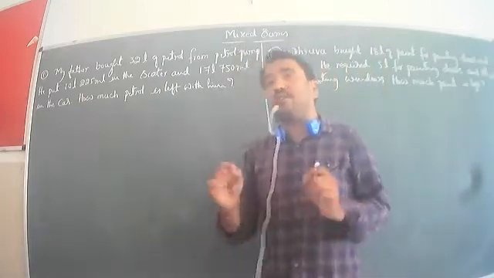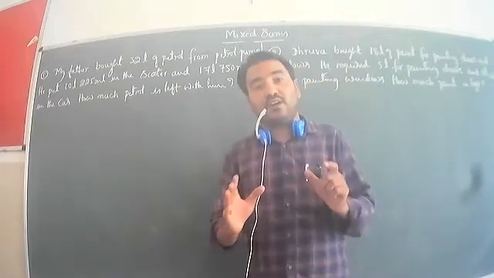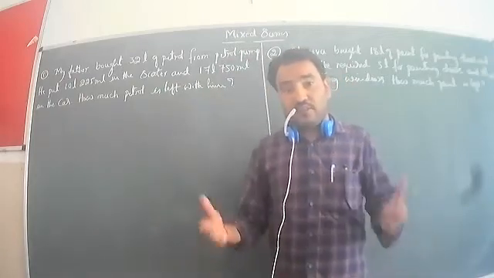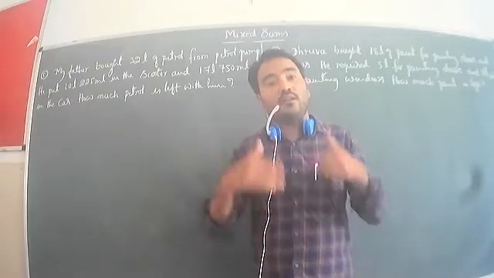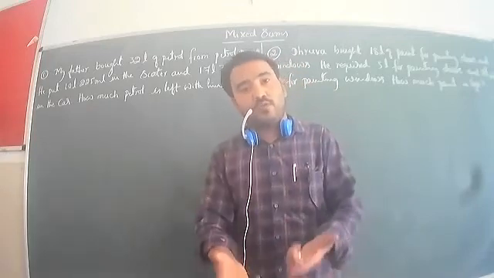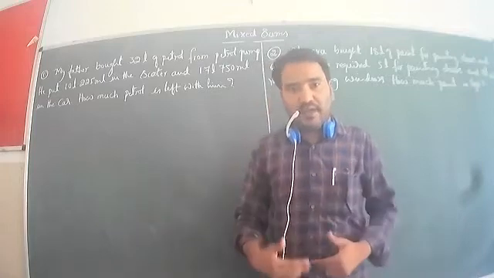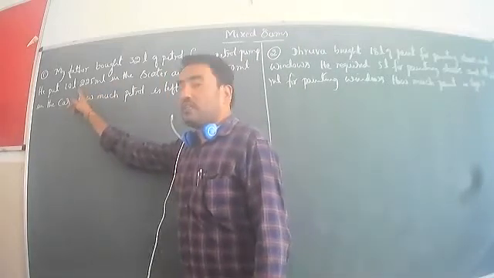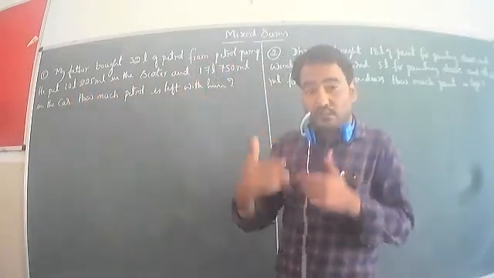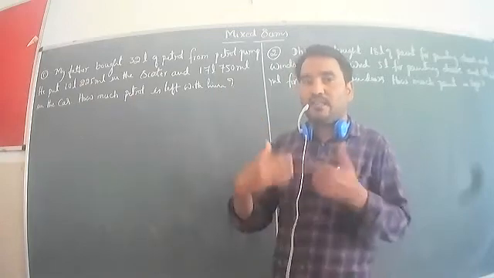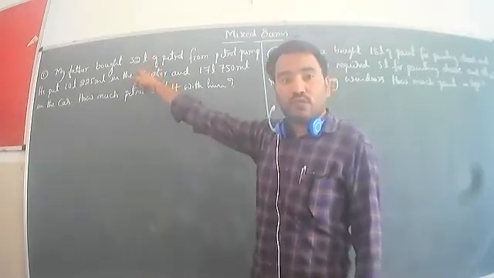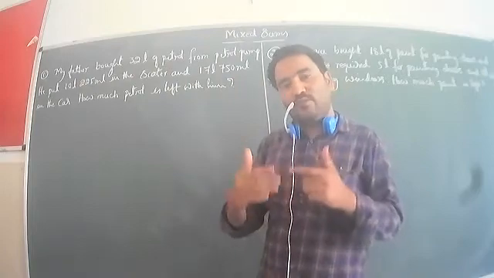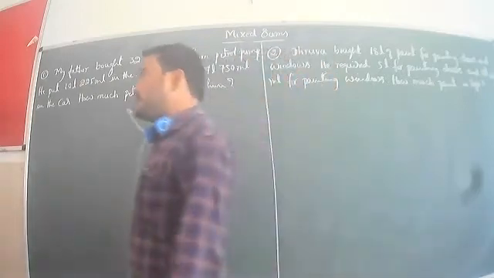But the total capacity of petrol poured into the scooter and car is not given. First we should find out the total he put in the scooter and car. We should find out how much is in the car and how much is in the scooter. We find these two values, add them first, and then subtract from the total amount. The total amount is 32 liter. Then we get how much petrol is left with him now.